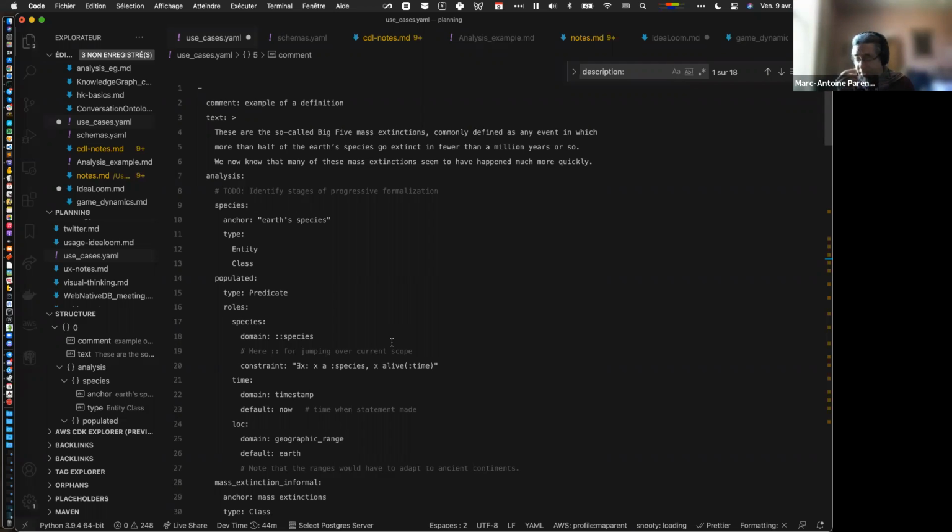No, it's absolutely valid. And I agree, there's tons of questions. For me, entities are a model object. And as I said, entities can be in the class instance relationship. So in this case, we have an instance representing each of the 5 mass extinctions. And we have a class saying this is a name we give to this list of 5 instances. So a collection is, for me, another entity,